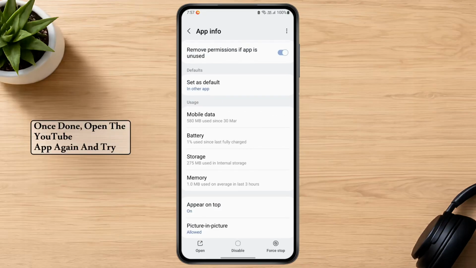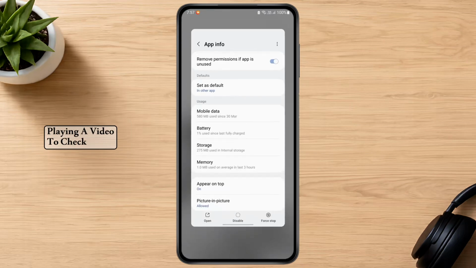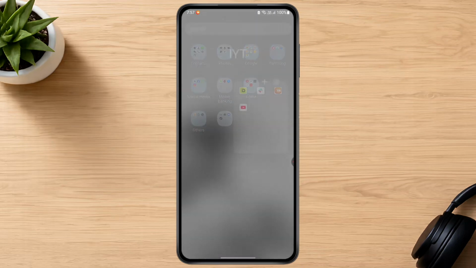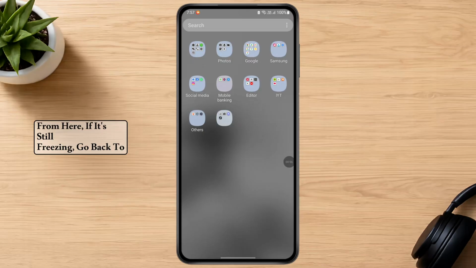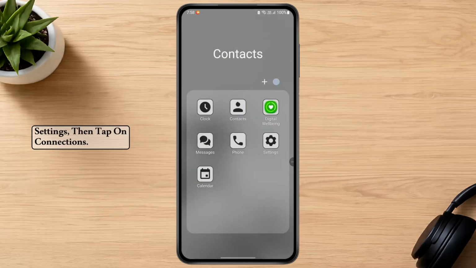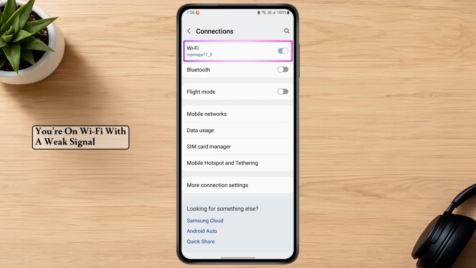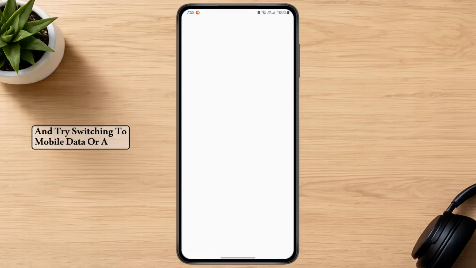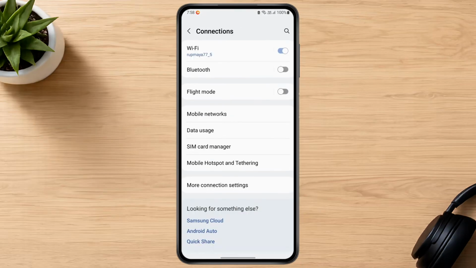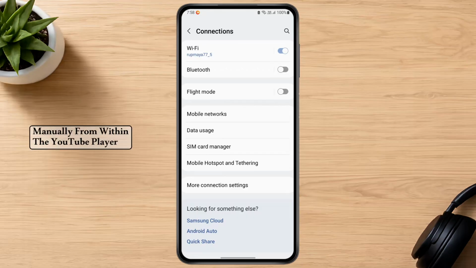Once done, open the YouTube app again and try playing a video to check if buffering continues. From here, if it's still freezing, go back to Settings, then tap on Connections. At this stage, check if you're on Wi-Fi with a weak signal and try switching to mobile data or a stronger network instead. Keep in mind, lowering the video quality manually from within the YouTube player can also help reduce